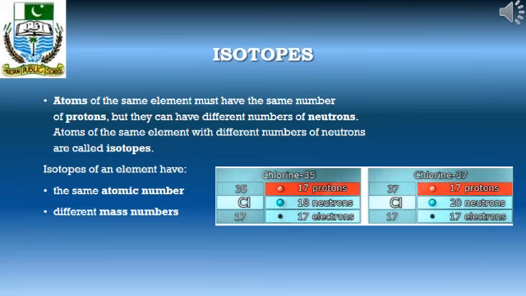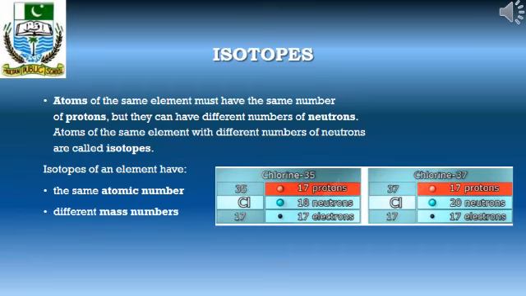Isotopes are atoms of the same element with the same number of protons and electrons but different number of neutrons. Isotopes of the same element have the same number of protons, so isotopes have the same proton number but different nucleon number. Most elements occur naturally as a mixture of isotopes. For example, chlorine consists of two isotopes.